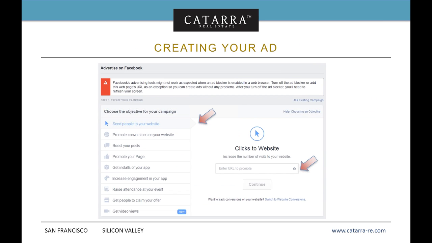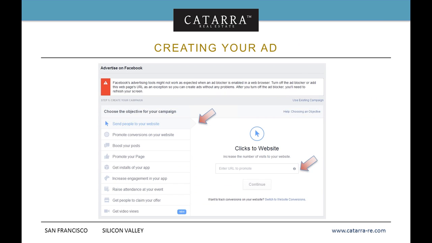All right, so when you do that create the ad page, it brings up this. Now, you'll see at the top there it says Facebook's ad tools might not work with an ad blocker. My browser has an ad blocker, interestingly enough, while we're creating an ad. If you don't have an ad blocker, that warning will not come up. But the first thing you're going to do is select send people to your website.